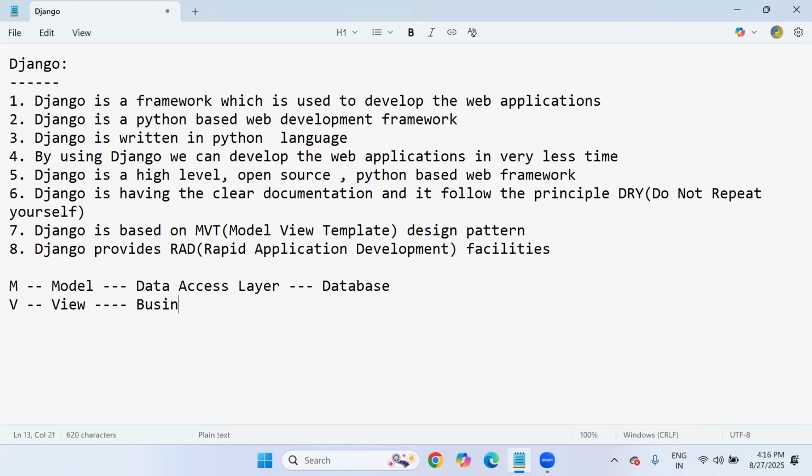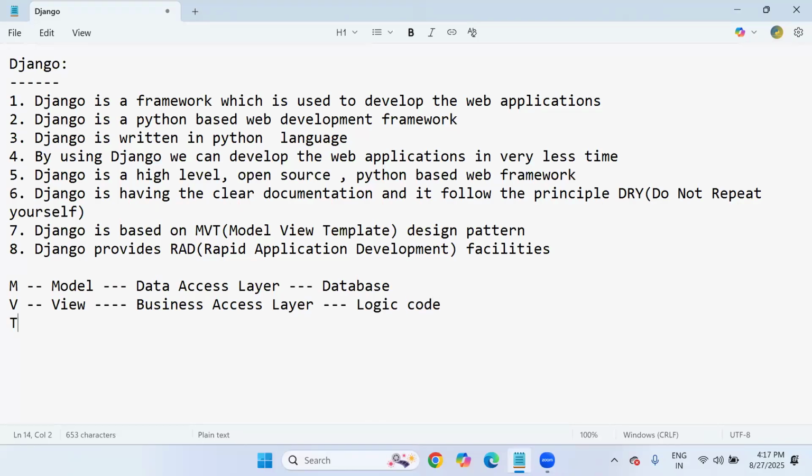Because in MVC or Java and .NET, people consider view to be the presentation layer only. But in Python, in Django, we cannot consider view to be the presentation layer. Generally, most people understand view as what we see on the screen. No, this is different. View is nothing but the Python view. This is the business access layer, completely for logic code, the coding purpose.